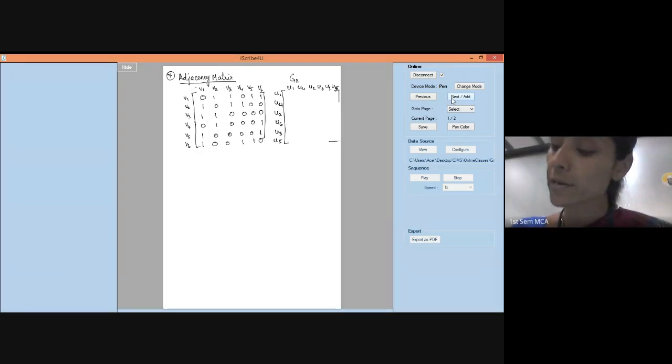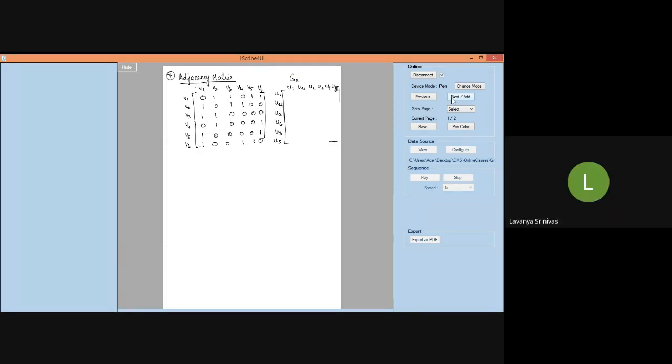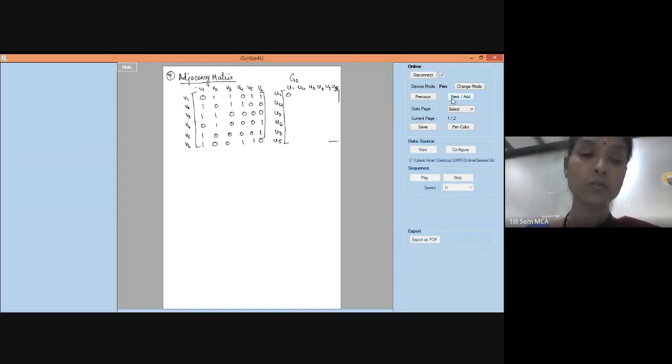Did you all take this particular order for G2? And you should get the same matrix with respect to graph G2. Are you all getting it, anyone? First row? Getting the same adjacency matrix? Yeah, you should get. If you are getting the same thing, then that means all the properties of both the graphs are satisfied. So both are said to be isomorphic.